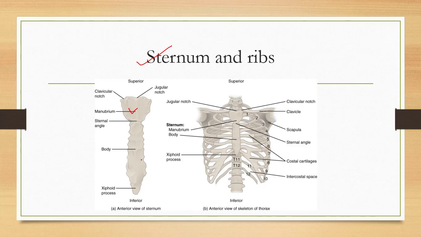If you can see the structure of sternum here, so this is sternum, also referred to as breastbone. It has a structure on the posterior end or the inferior end. This is called the xiphoid process. Then this is the body of the sternum. Another structure is called manubrium, and it has attachment sites for the collarbones. It is called the clavicular notch for the attachment of clavicles. And these are the regions from where the ribs are attached.